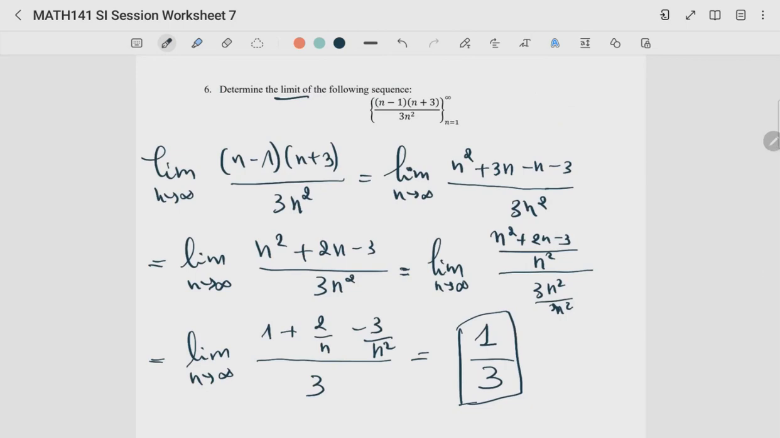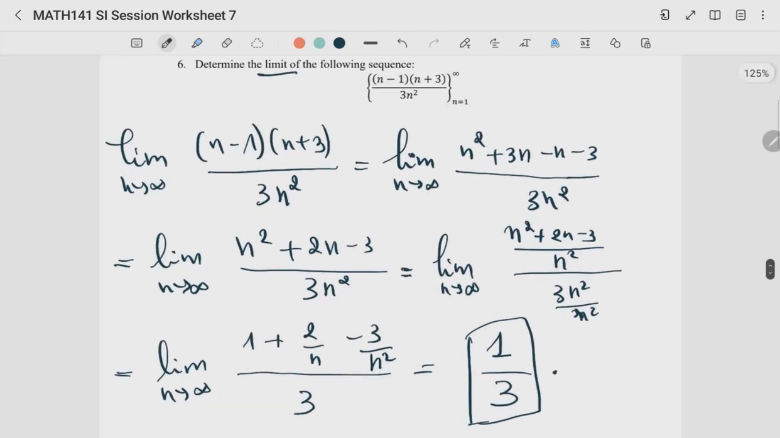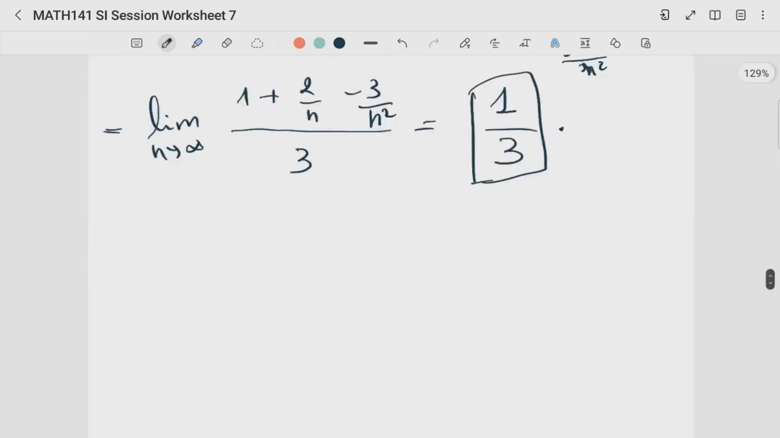Okay. So as n tends to infinity, the sequence is converging to a value of 1 over 3. Okay, so moving on to the next problem,